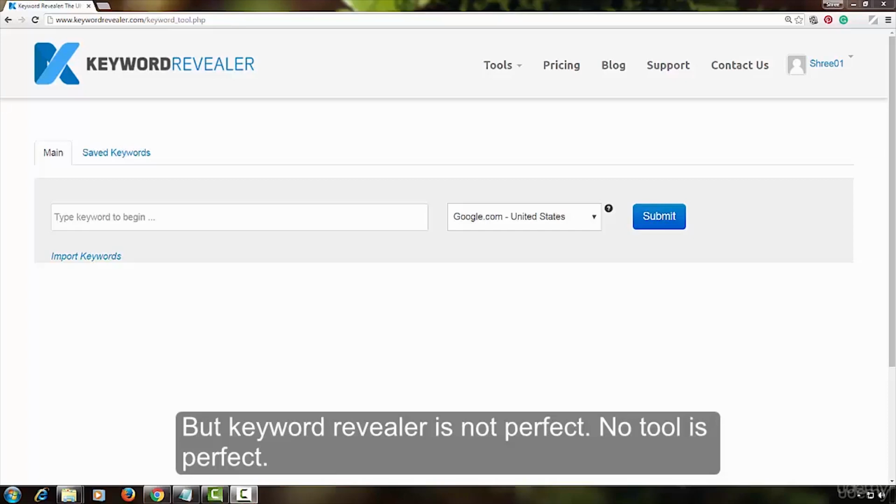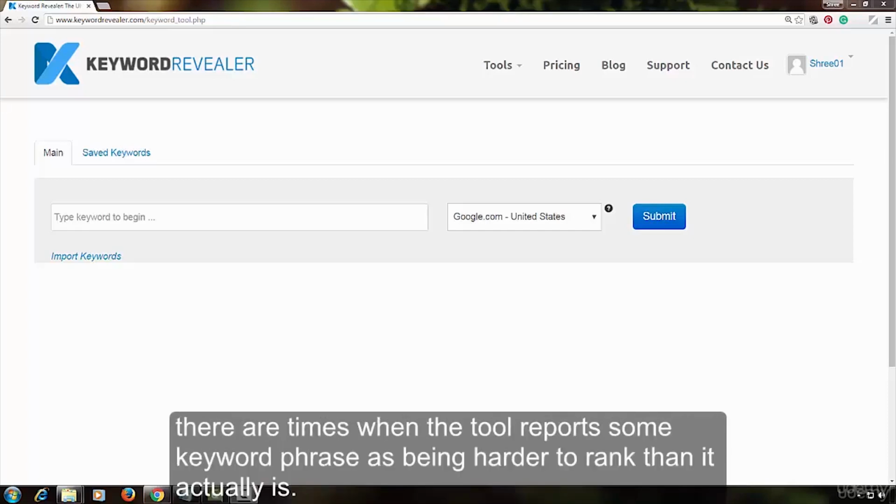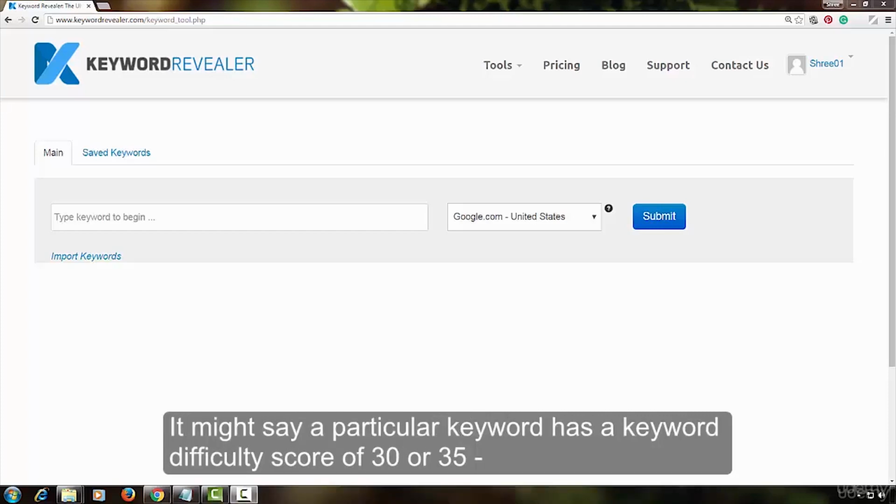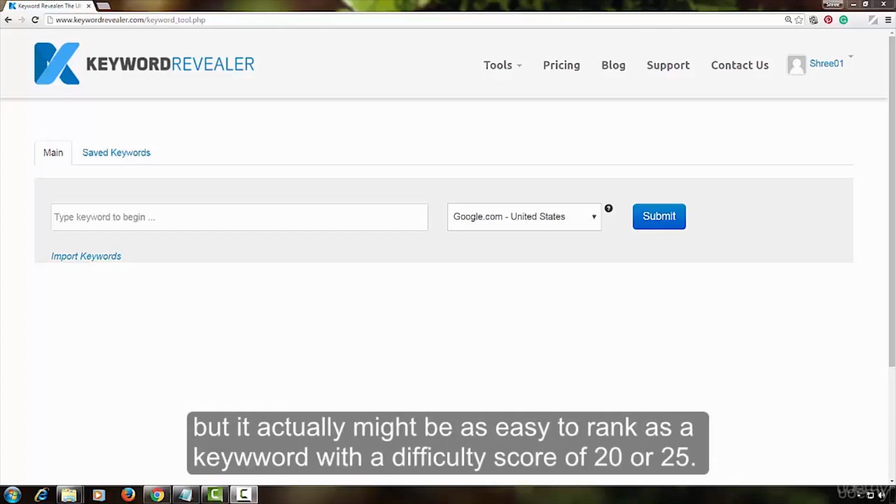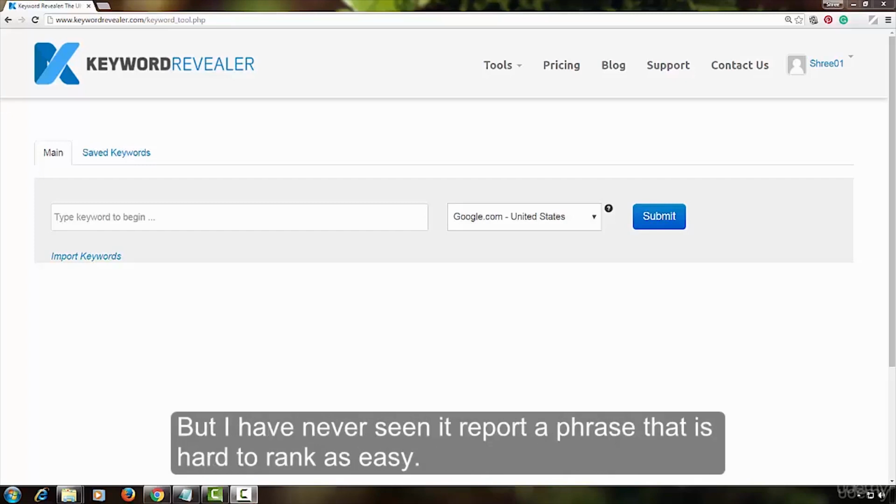No tool is perfect. The one problem you might want to be aware about is this. There are times when the tool reports some keyword phrase as being harder to rank than it actually is. It might say a particular keyword has a difficulty score of 30 or 35, but it actually might be as easy to rank as a keyword with a difficulty score of 20 or 25.